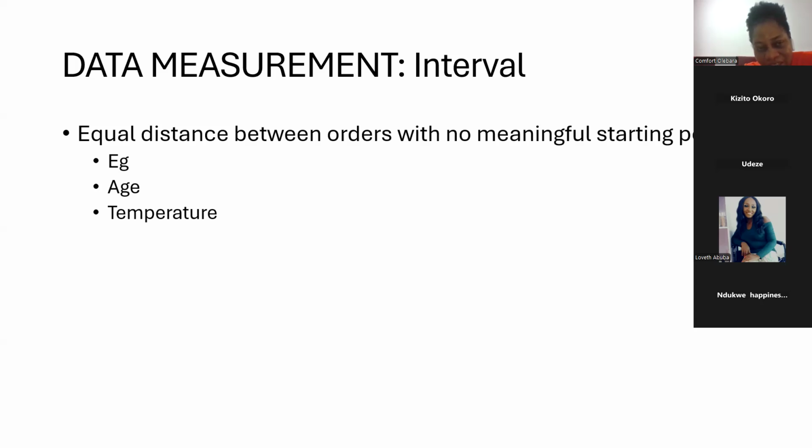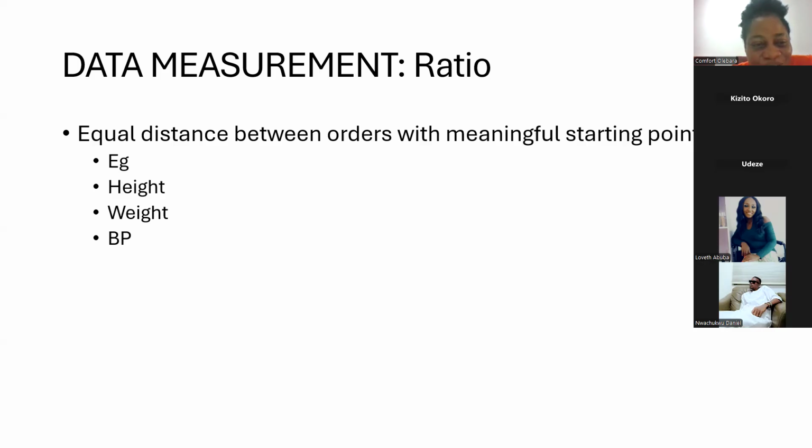Let's say in this social media analysis, we now say, how old were you when you obtained your smartphone? We now start with 16 to 18, 19 to 21. So there's order, but no meaning, not order that you can actually hold on to and calculate. No calculatable order, let me put it that way. But when it's height, weight, and BP, this one can actually come into calculation. So we call it ratio.